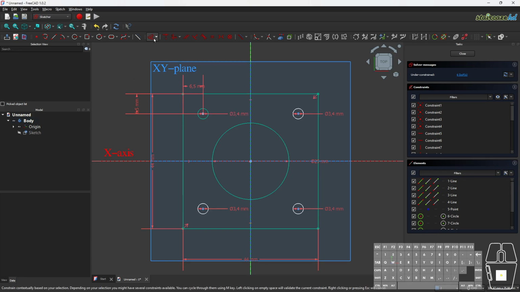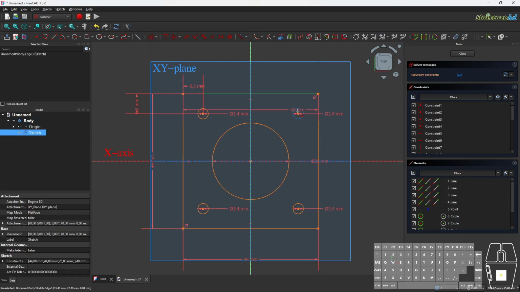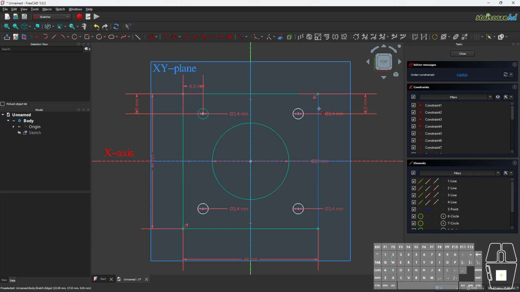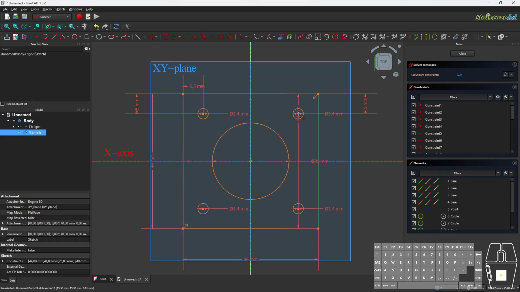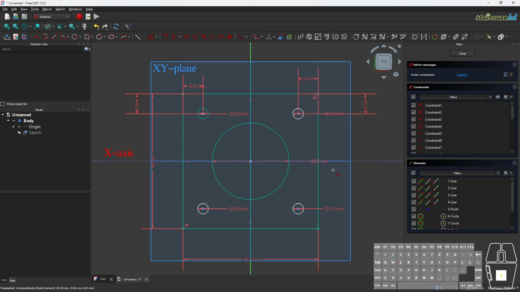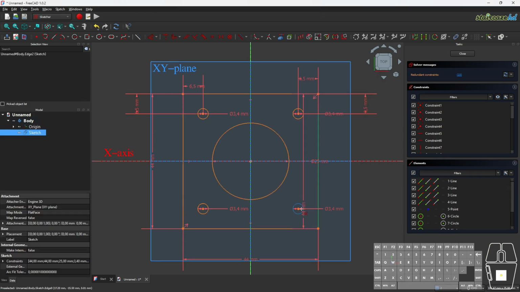Now use the Dimension tool to set the constraint for the 3 new circles. The first new circle center point with the top line. The first new circle center point with the right line. The second new circle center point with the right line. The second new circle center point with the bottom line.